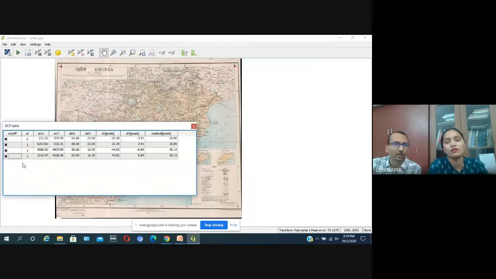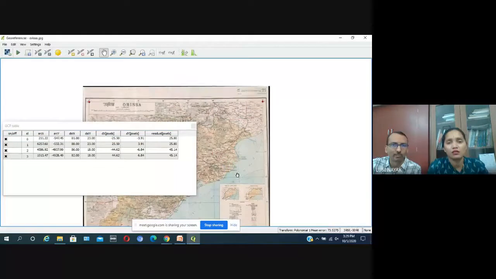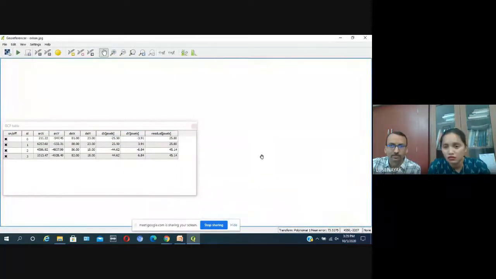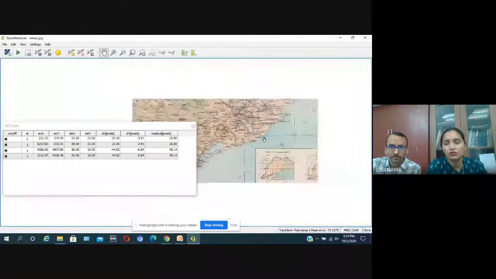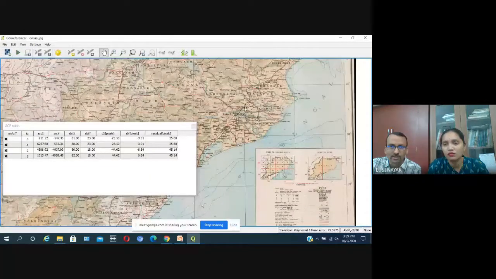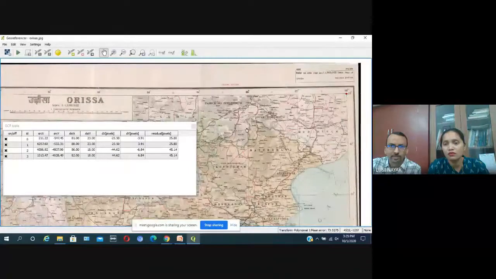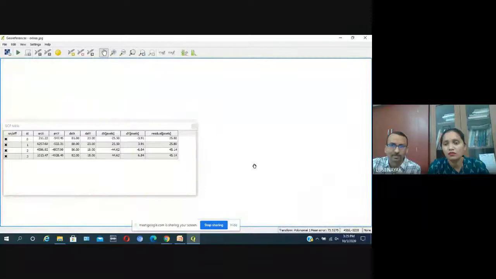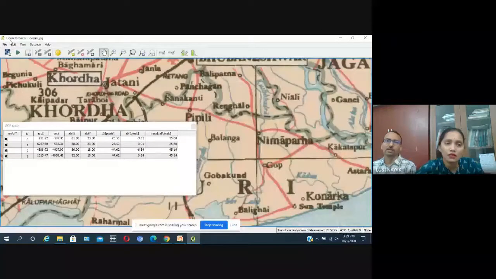We are removing the point. Again, we will put that point and put the value. This is 20° and 86°. Yes, this point. Please put the point again and put the value. 20, 86.